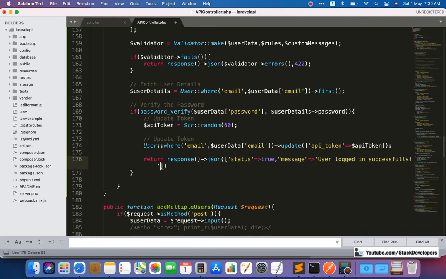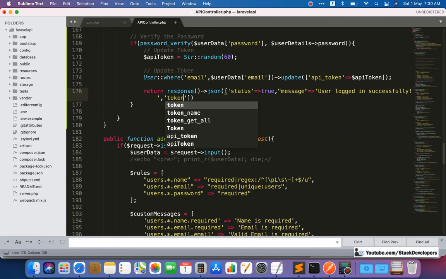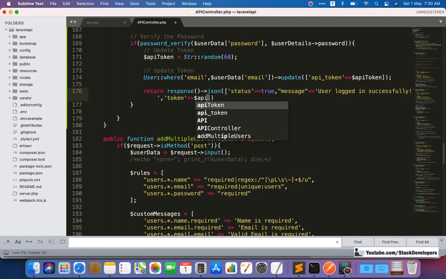And the last thing, we are going to show the token as well here. Okay, so we are going to show the same token, $API token, like this. And with 201, once again we are going to use the 201 status code.